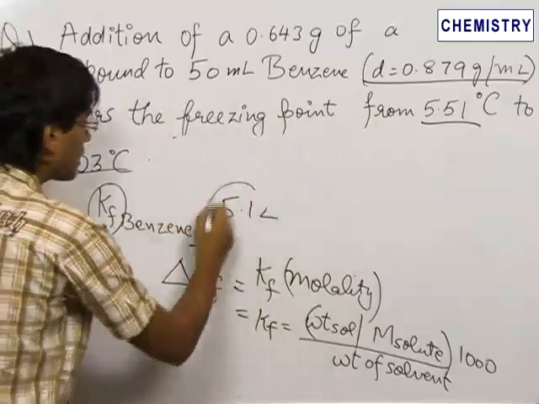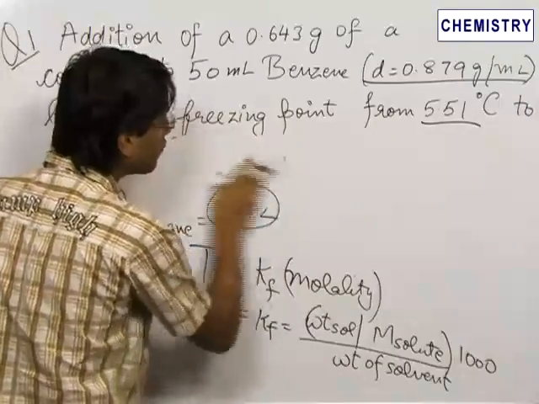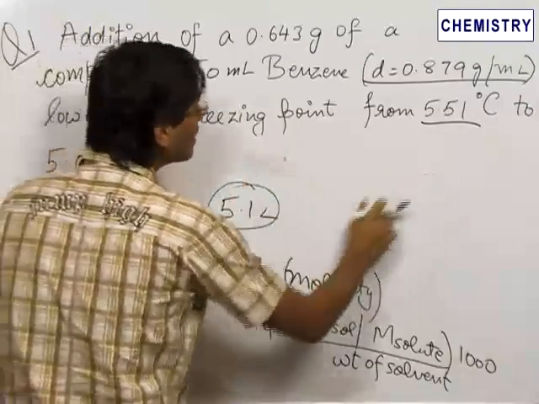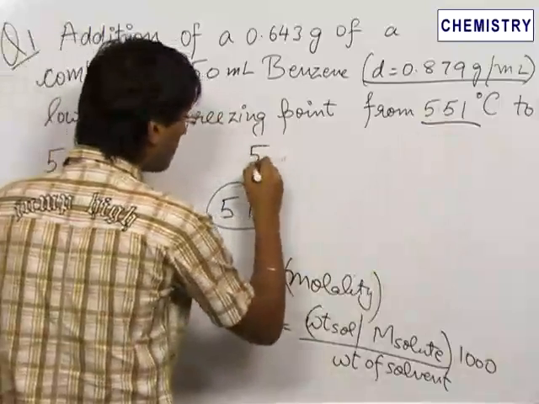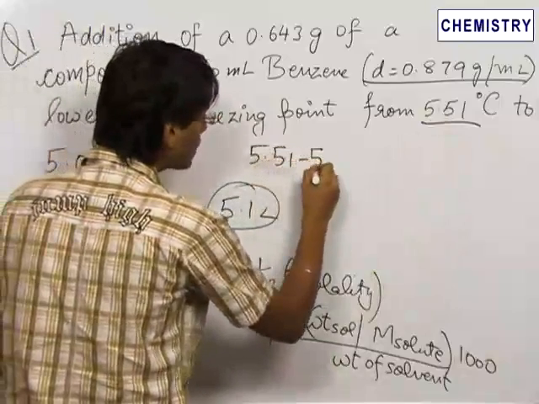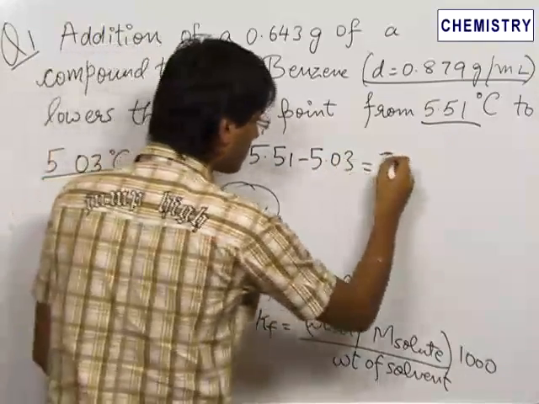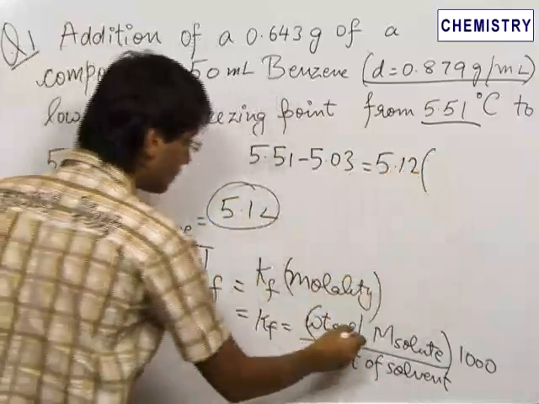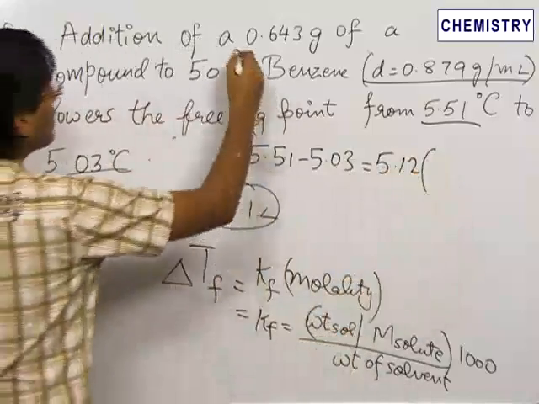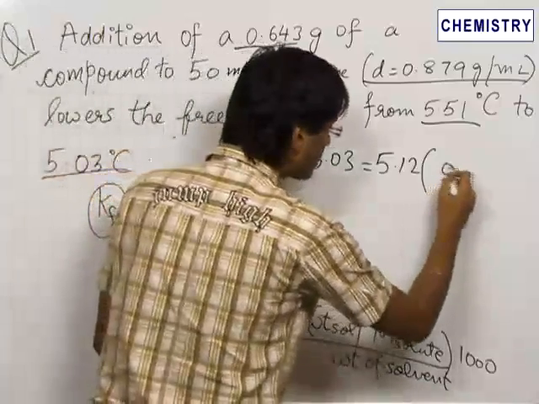Now the value of Kf is given to be 5.12. So our depression of freezing point is also given. Earlier the freezing point was 5.51 and now it became 5.03. So depression is 5.51 minus 5.03. This is equal to Kf times weight of solute. We have 0.643 grams of a solute, that is a compound. So this is 0.643